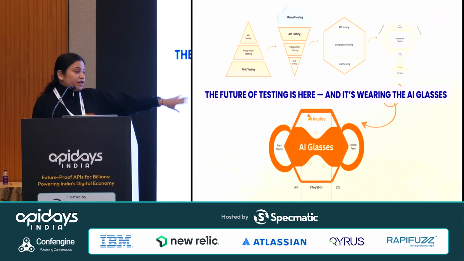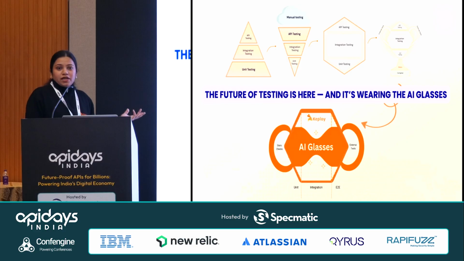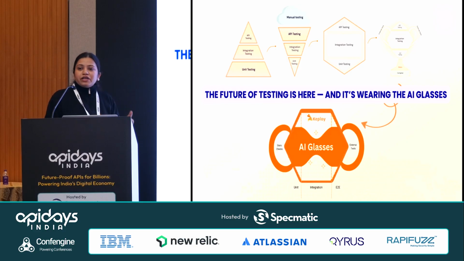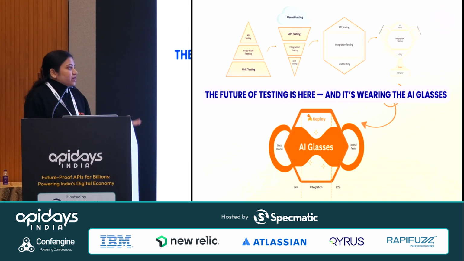Basically, I'm talking about the integration layer. So, to me, unit test cases and API test cases are very well covered with GenAI even today. But for integration tests, which most of the models talked about that we should focus on, GenAI still needs to cover up a bit. How we can solve it,